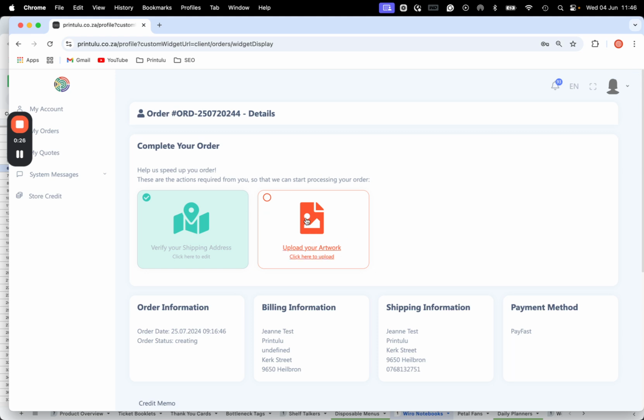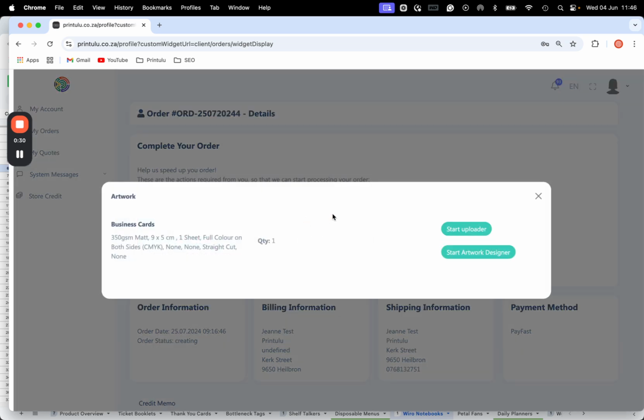And when you go into the order, you'll see that upload artwork is red. And then once you have uploaded it, it will be green. So you have two options: start uploader or start artwork designer. This is the design system that we use, or alternatively, if you've already got your artwork, you click on start